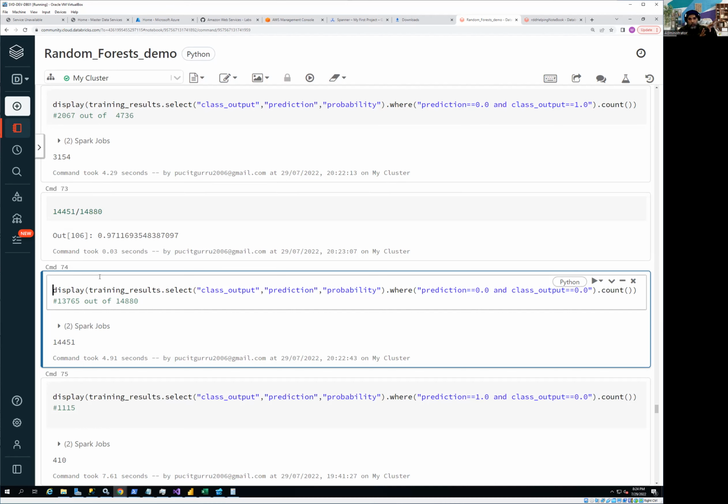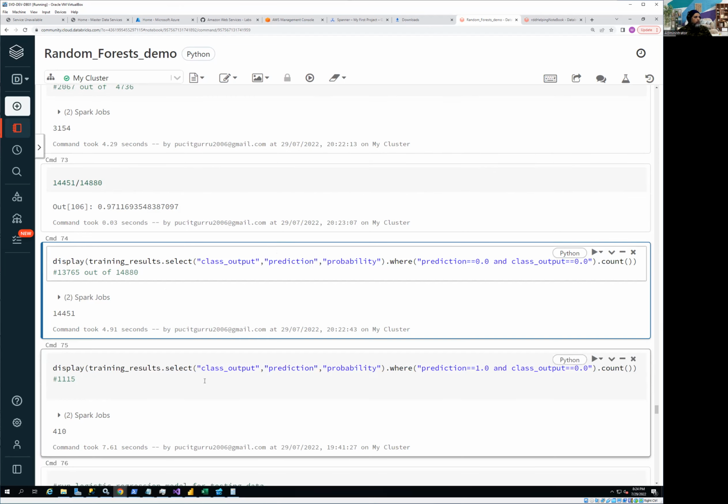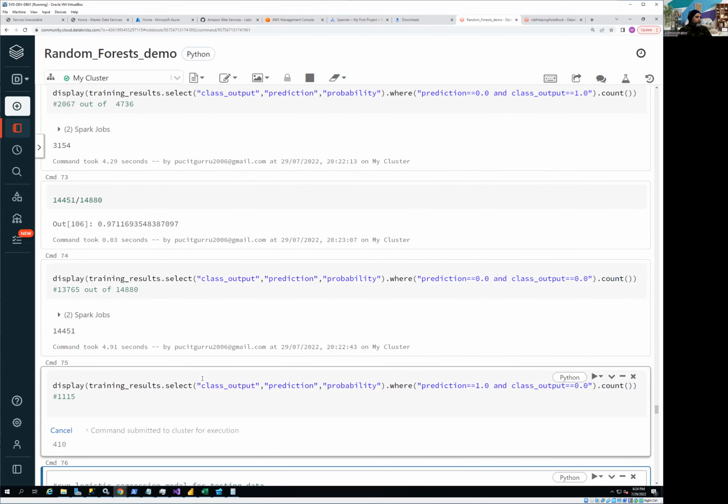And we only used 200 trees, right? We're going to see if we can increase the number of trees, whether it's going to impact the accuracy of the outcome or not. All right, so let me just quickly show you